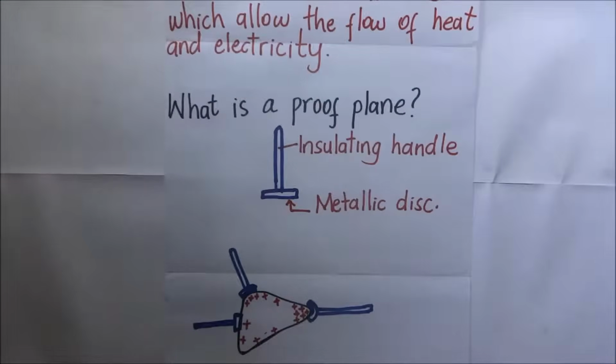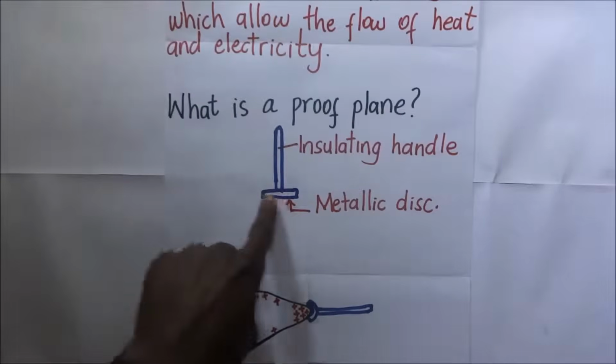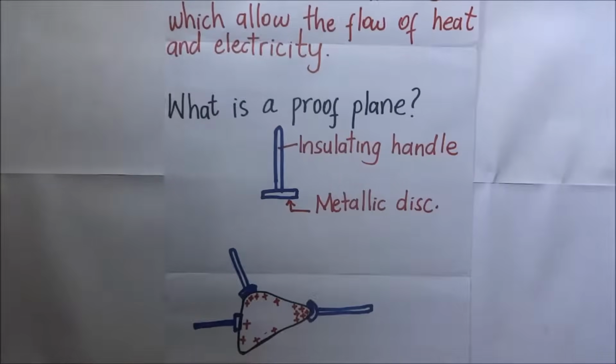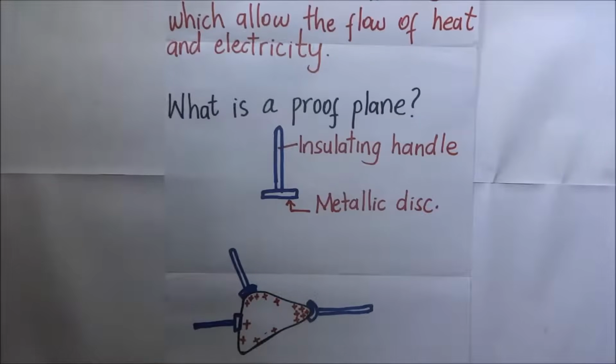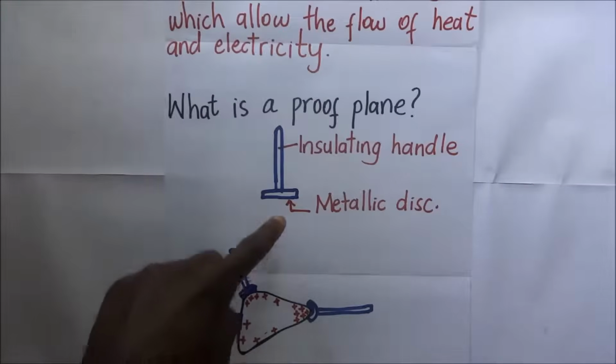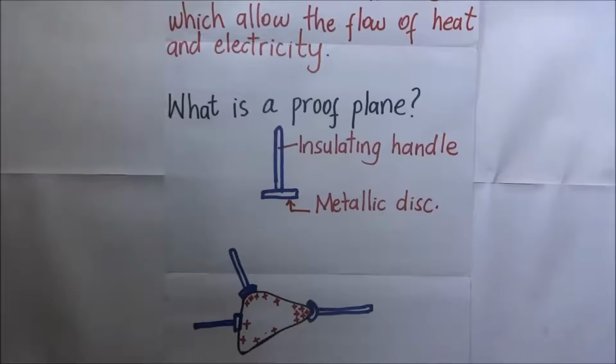What is a proof plane? This is simply a small metallic disc that is mounted on an insulating handle, and it is used to collect charges from conducting surfaces of different shapes. Now, how exactly does this work? When we put the metallic disc of a proof plane in contact with a conducting surface of interest, the plane is then transferred onto an electroscope, which serves to show the magnitude of the charge by the deflection of the gold leaf. Therefore, a proof plane is used to tell the amount of charge at a point